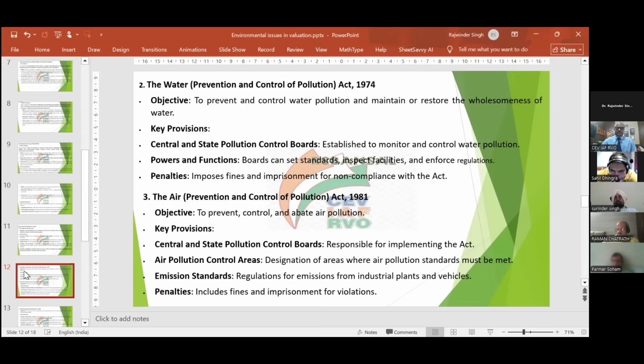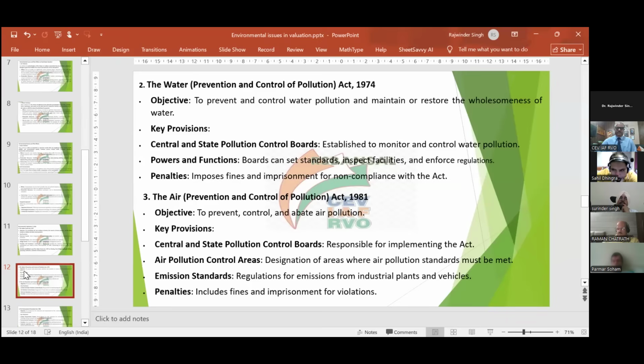Next is the Air Prevention and Control of Pollution Act 1981. Its objective is to prevent, control, and abate air pollution. The key provisions of this act are the same as under the Water Pollution Act. The same act applies for the establishment of the central and state pollution control boards, who are responsible for implementing this act,